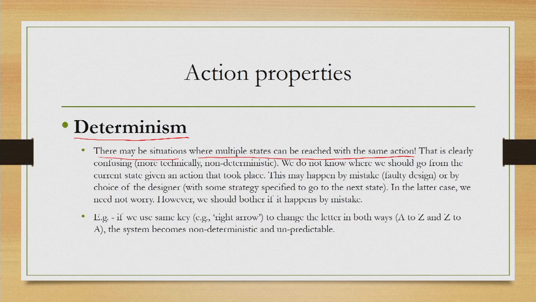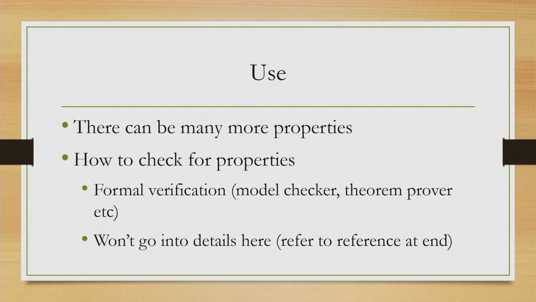So, in summary, what we can do is basically check for these properties, namely state properties. We have mentioned three major properties of the state, namely reachability, reversibility and dangerous states, and action or interaction properties. Two major properties we have mentioned: one is determinism, the other one is completeness. These are the most well known properties. There can be many other problem specific properties of the states and actions that we may like to identify and verify.